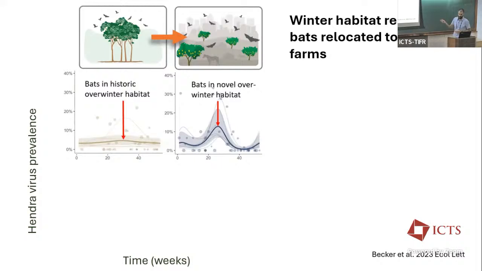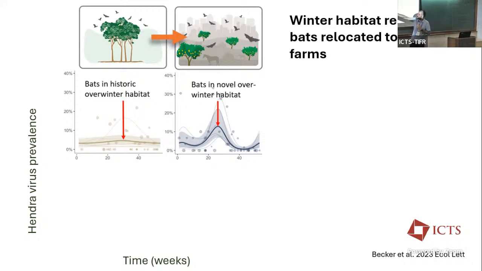And that's kind of what I'm saying here. As their winter habitat has been removed, they are moving into cities to just use those resources there. And that has an effect on Hendra shedding. I already told you that shedding mostly happens in winter, but the intensity of that shedding really matters where they live.